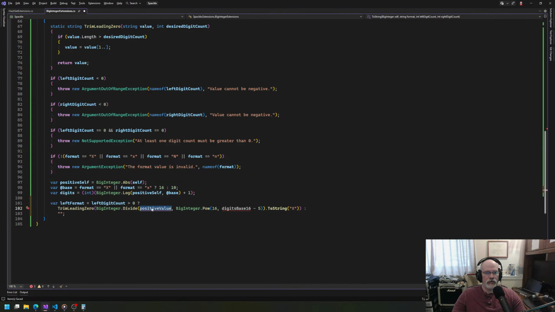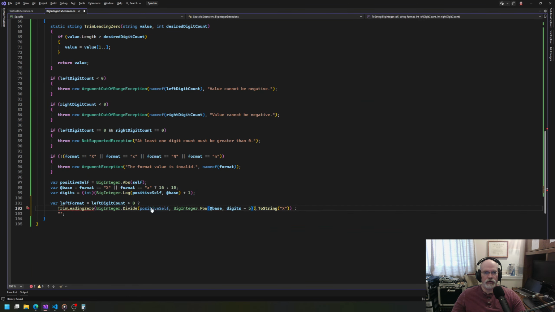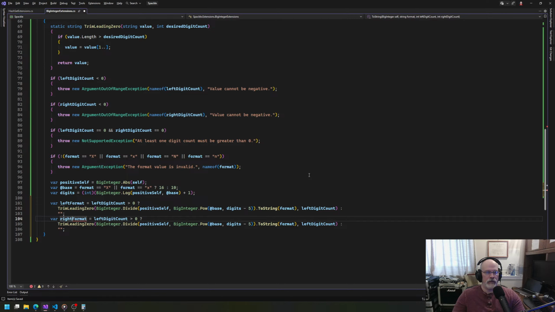Is something like this. Positive self. Then we're going to want to take the base, the digits, -5, and then we want a ToString given the format that we have. And then we also want to pass in now how many digits did we desire, left digit count. Otherwise we do that. And then here we do right format, and we say if the right digit count is